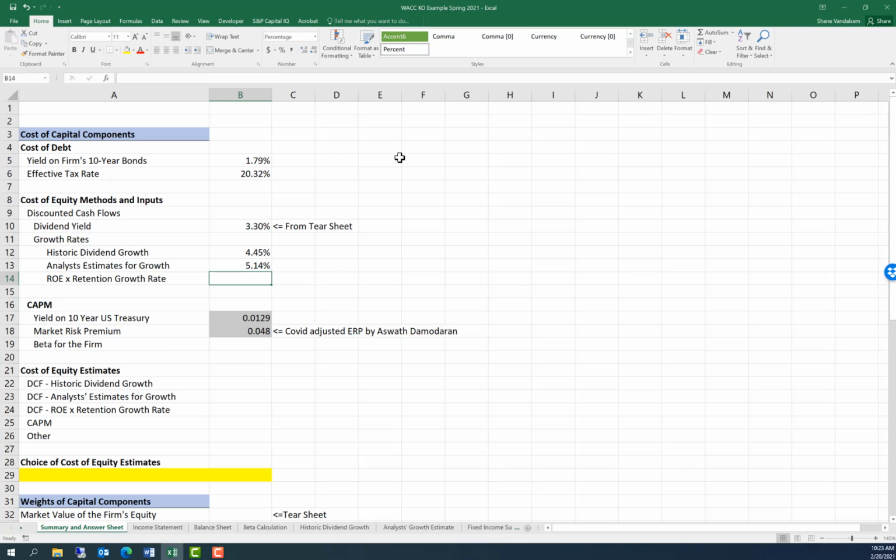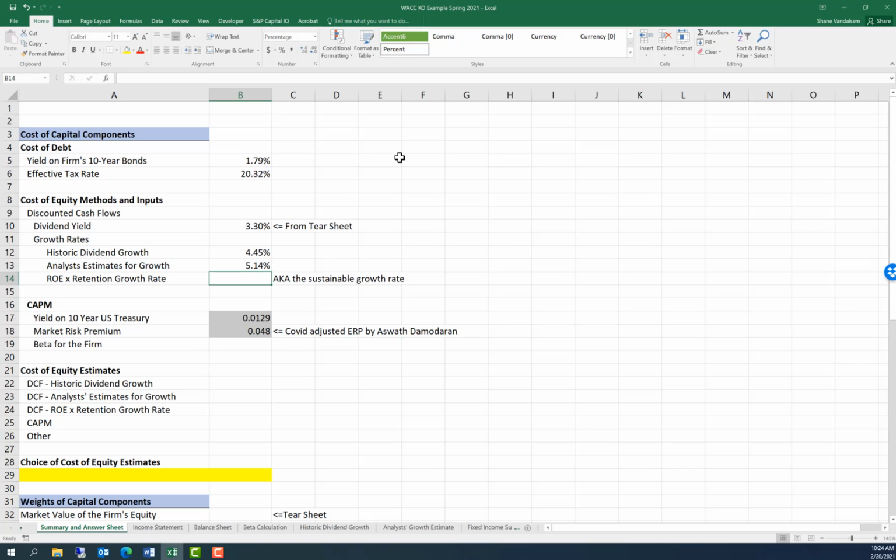Then finally, the last one is the ROE times retention growth rate. This is also known as the sustainable growth rate. The idea behind this growth rate is this is the maximum internal growth rate for the firm if they don't change their capital structure. So they have debt, they have equity, they're not changing that capital structure, this is the sustainable growth rate. If they wanted to grow faster, they'd need to change their capital structure, probably to include more debt, a